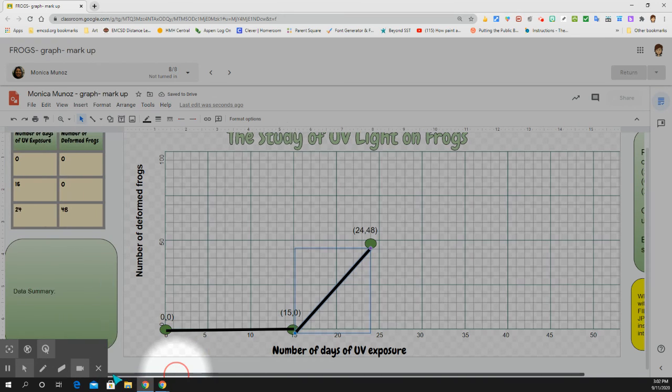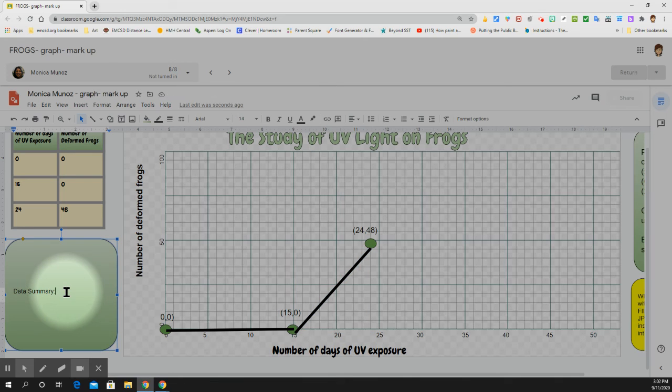Now we need to explain what's happening. So that's what we're going to do here in the data summary. So what I notice is when the frogs get 0 days of UV light, there are no deformed frogs. When they have 15 days of UV exposure, still no deformities. We had